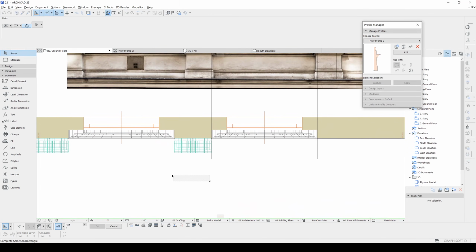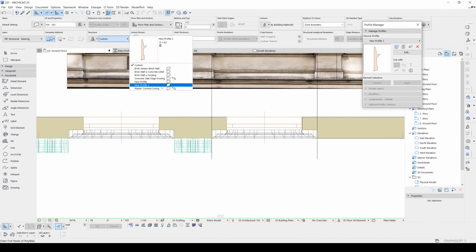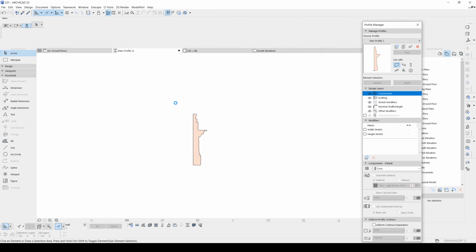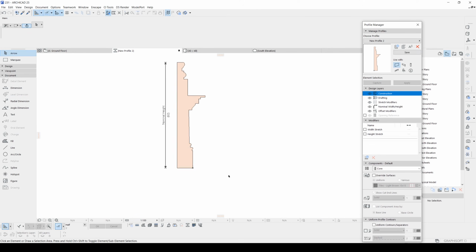We are going to select any kind of wall and change structure to custom and new profile tool. I will start clicking from here, therefore these edges will be its borders. For this reason I'm going to change this pivot point to here.